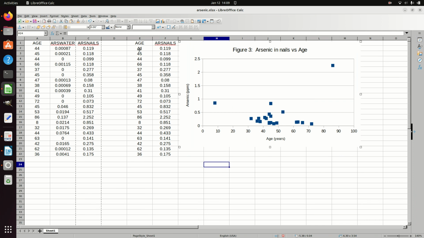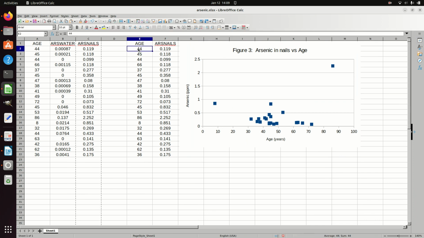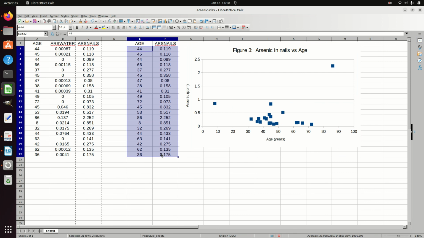So here are my X and Y data. I'm just going to copy those. Now notice I did not copy age and arsenic in nails. We can try that, but for some reason I think it doesn't work. I don't know. But I'll copy these,